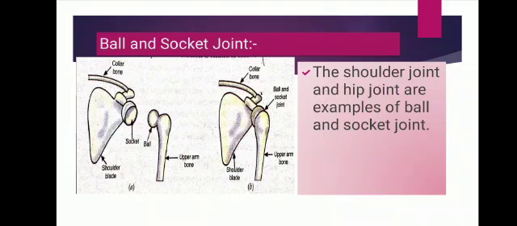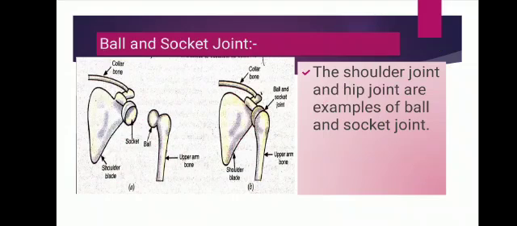The ball and socket joint allows the maximum variety of movement as compared to other types of joints in the human body. So now we will describe the shoulder joint and hip joint in detail. First is the shoulder joint. See this diagram. If we stand up and move our arm around at the shoulder, we will find that we can move it forward and backward and from side to side, and we can also rotate it.